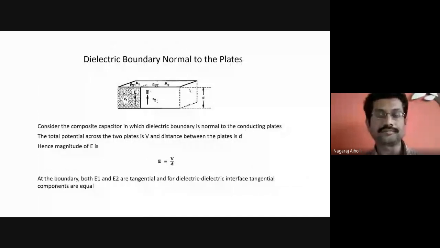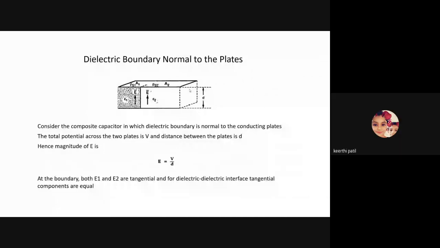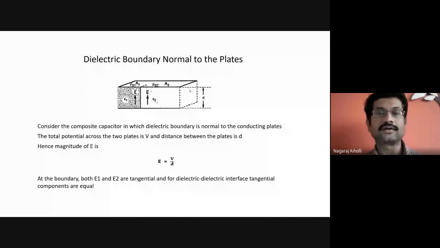Any difficulty here in this derivation? Is it understood? Yes, sir. Okay. Any questions here on this derivation? Any questions? I hope it is understood. Any questions, students? Yes, please. Any questions? No questions? Okay.